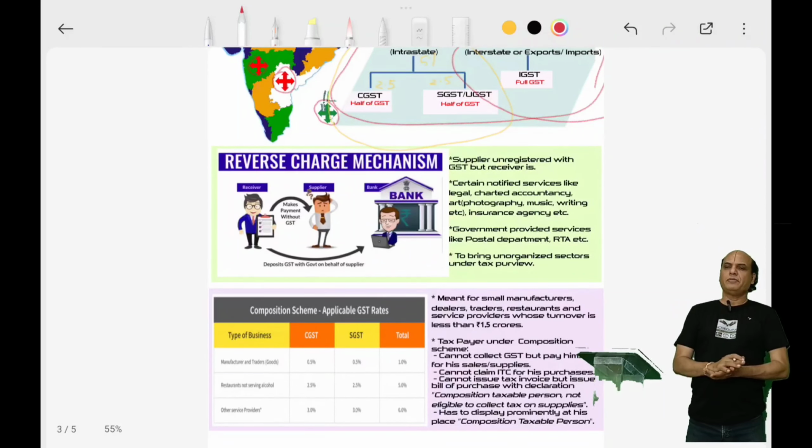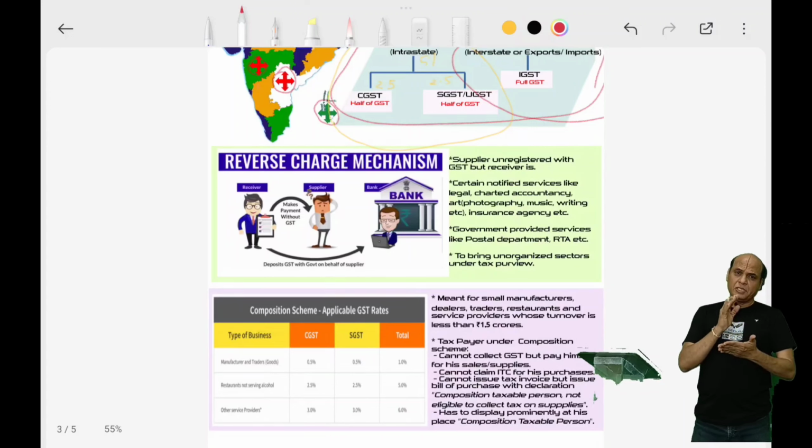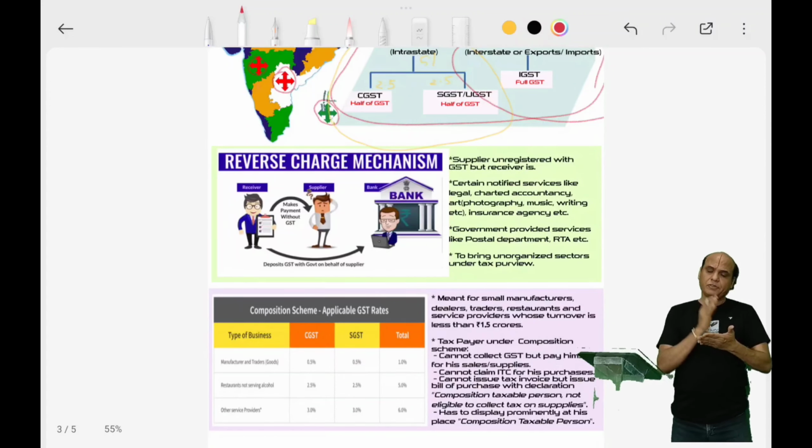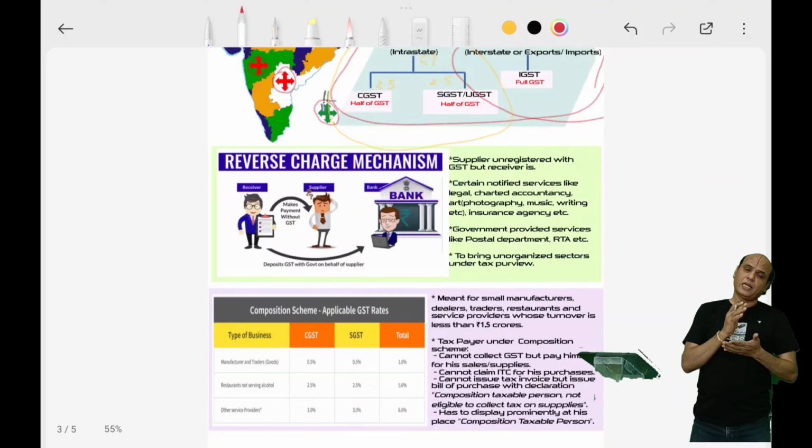Okay. So we have seen what is GST, how GST benefits can be availed by all the market players. We have seen how it helps our economy. We have seen what are the different slab rates of GST, and we have seen what are the different kinds of GST and how they are levied when the goods move from one place to another.